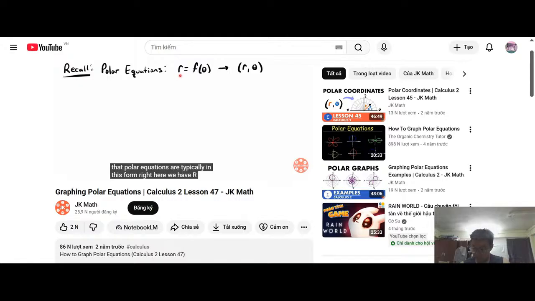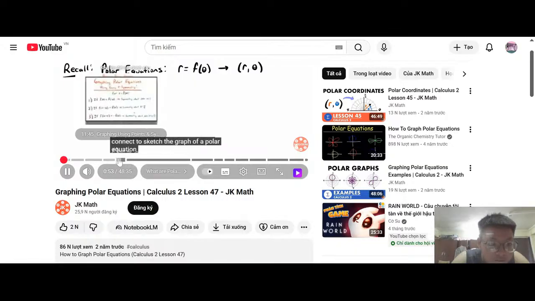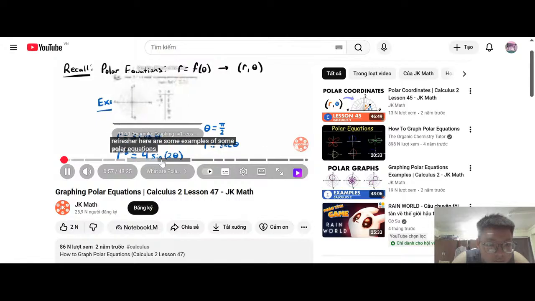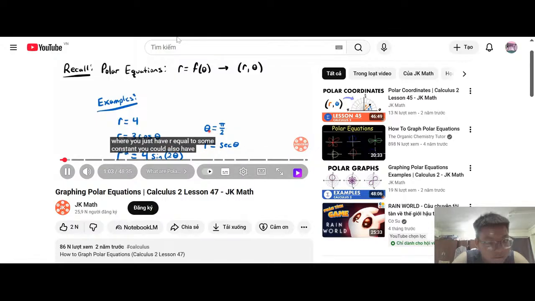We have r is equal to some function of theta, and for a given value of theta, we can output a particular value of r that will give us our polar coordinates of r comma theta. Plotting different pairs of polar coordinates from a polar equation is going to result in points that we can connect to sketch the graph of a polar equation. And now, just as a little refresher, here are some examples of some polar equations. You can have an equation where you just have r equal to some constant. You could also have an equation where you just have theta equal to some